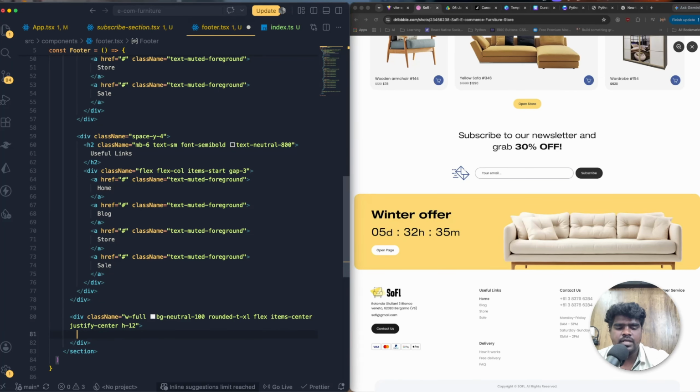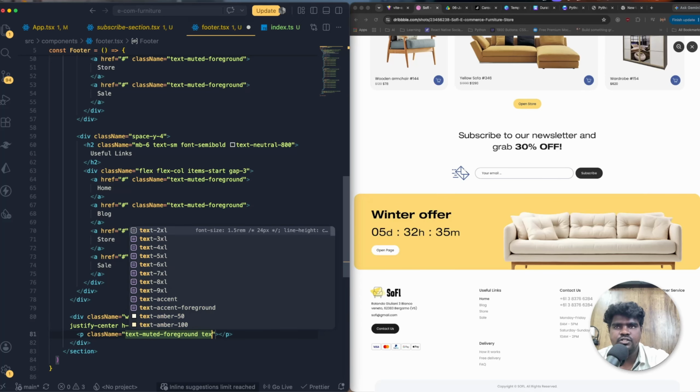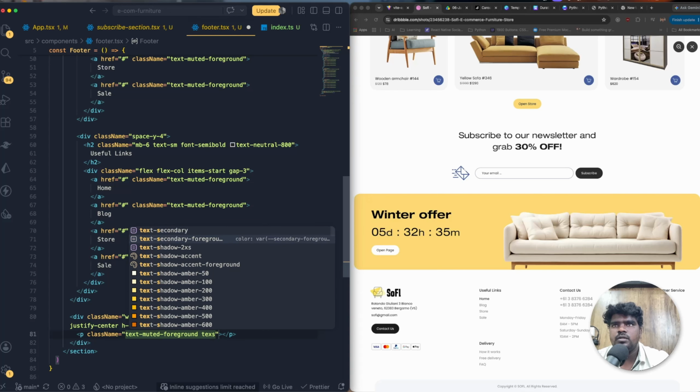Then I'm just going to add a paragraph tag, and for the paragraph tag text needs to be muted foreground, and text needs to be extremely small,